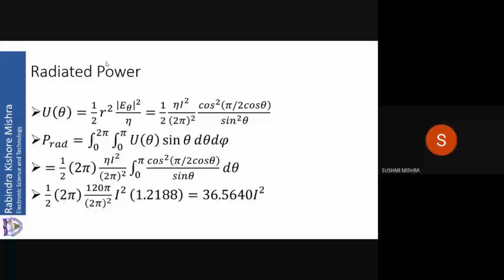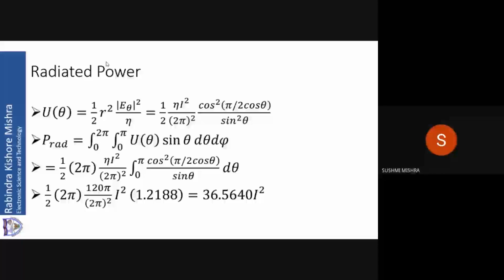This can be different. It will be approximately 1.2, depending on what is your error tolerance and what is the method that you are using for numerical integration. You will get terms which are approximately 1.2 or which are close to 1.2 and varying around 1.2. So different methods in different books, you will get different values. Here I am taking 1.2188. I will tell you why, because I have got a program that I will show you. So from that you will see why this becomes this.